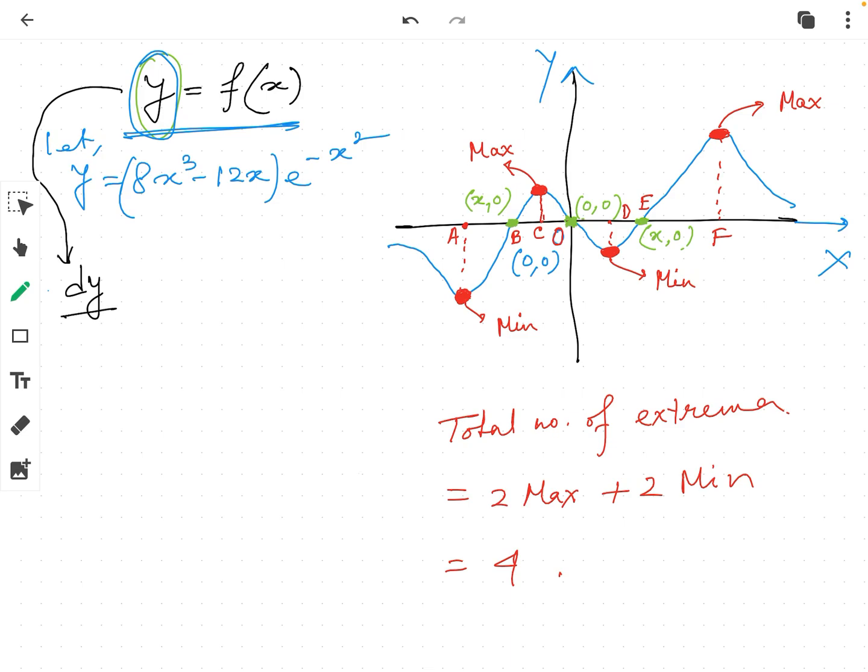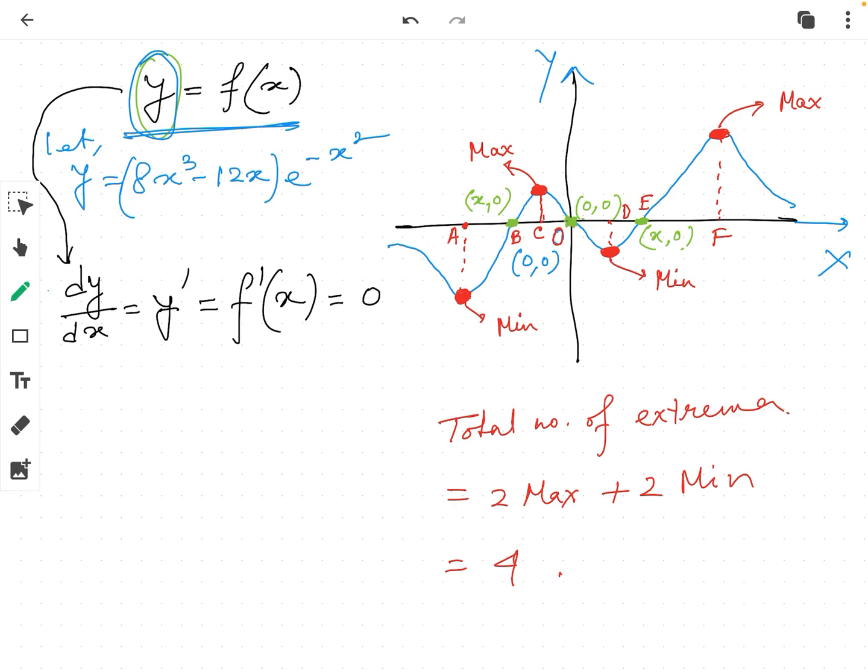So if y is equal f(x), then dy dx equal y prime, that is first derivative of y, or I can write it as f prime x, all are the same. That is, we need to take the first derivative of y